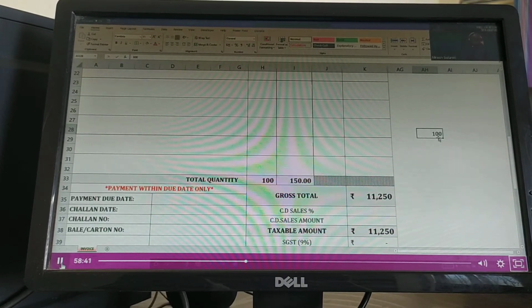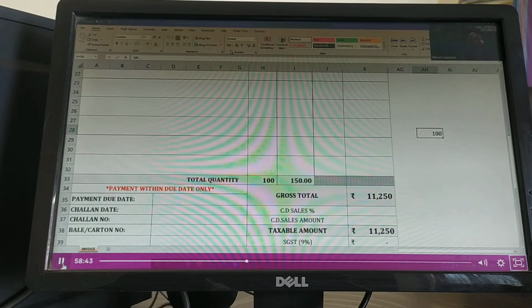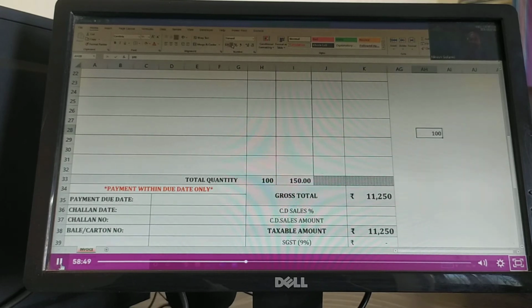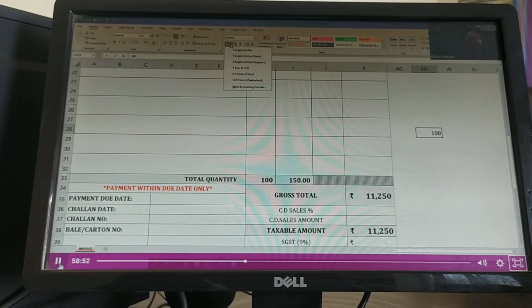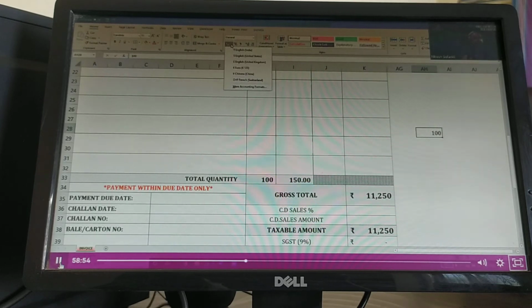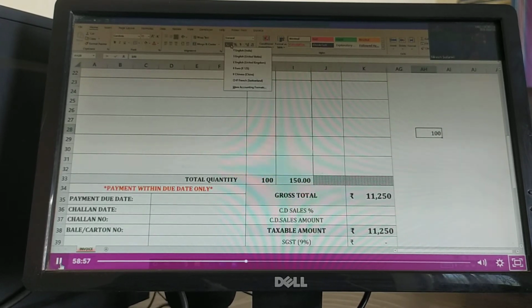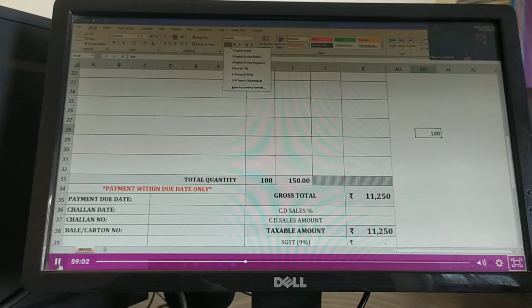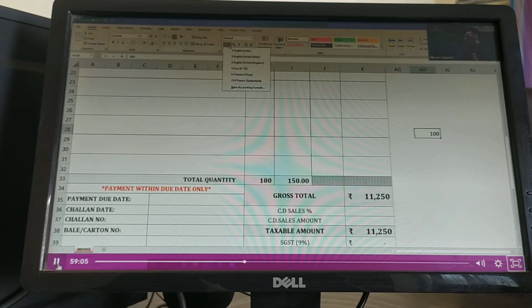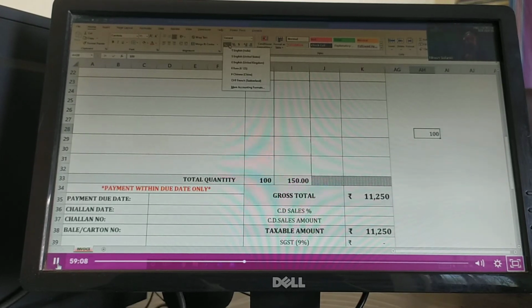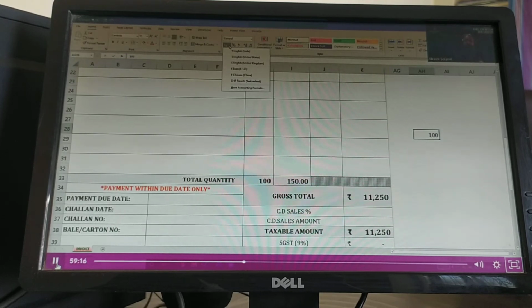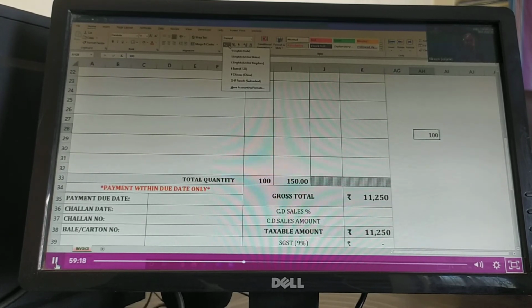अगर आपको पराग इसको रुपीज में convert करना है, so यहाँ पे top में below General there is this button for Accounting, right? Accounting में अगर आप जाओगे तो multiple options देंगे, right? It can be English India, it can be Dollar English USA, Euros, Pound English UK, Euro, and all the symbols are there. If you're not able to see INR or the rupee symbol, and if you're using the latest Excel, if you're not able to see, please change your region.